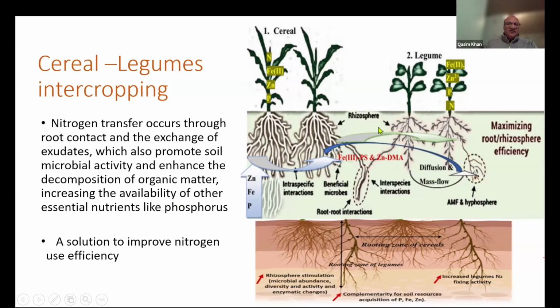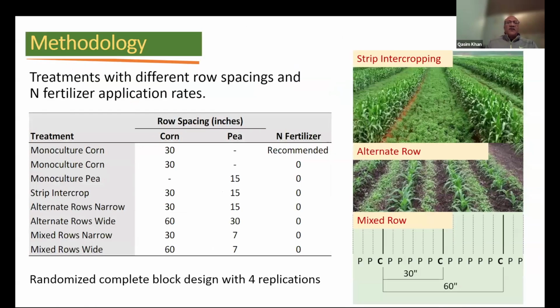And for the organic farmer, this is the only source that sometimes we can replenish the nitrogen that is used. There are other manure and other amendments available that the farmers use. So this is just some of the plans that we did. I'm going to skip it here, but